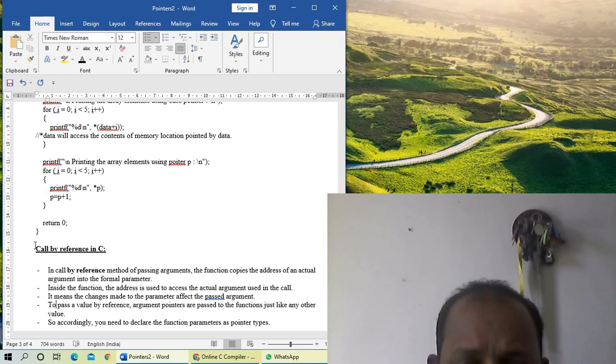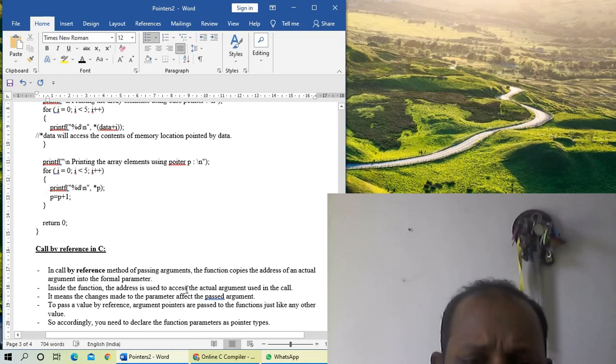But here, it directly copies the address of the actual parameters, or actual arguments, into the formal parameters.